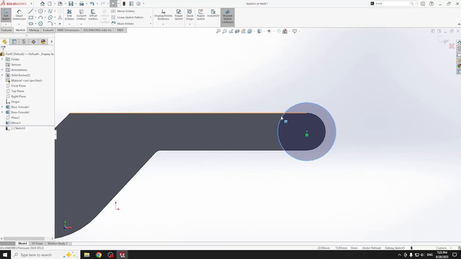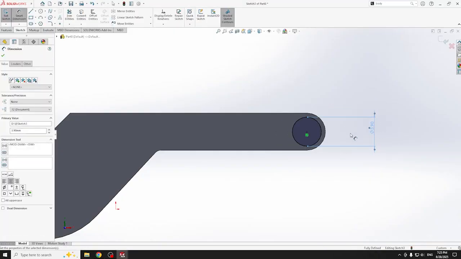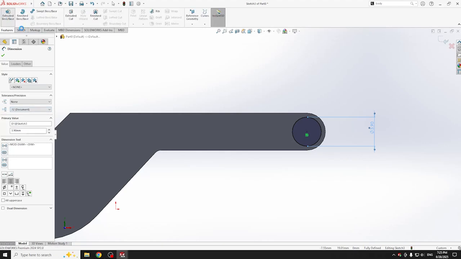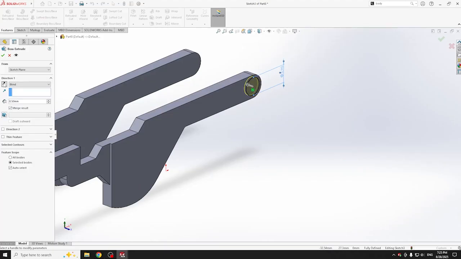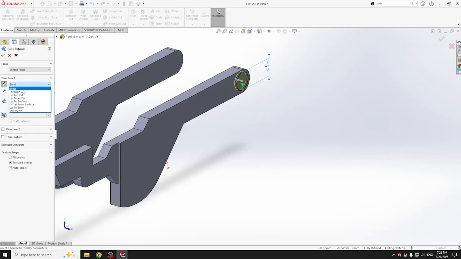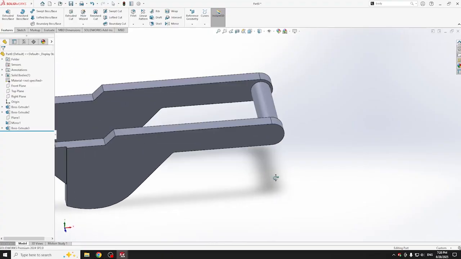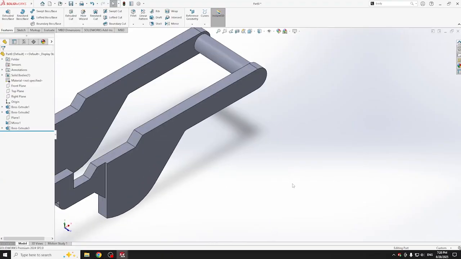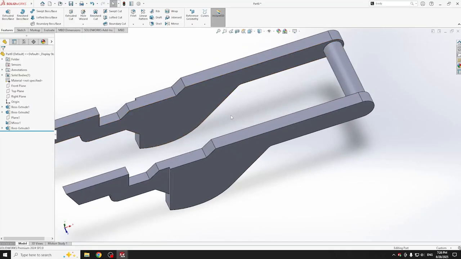We should draw the circle and choose a smart dimension, 3.9 millimeter, and we can extrude boss. Change the direction and through all. Hit OK. Okay. And we will do this for this part, repeat this process for this part, this time not the circle, choose this face,